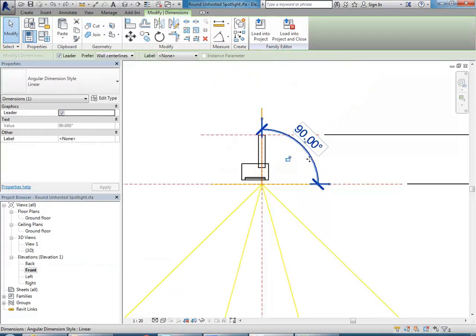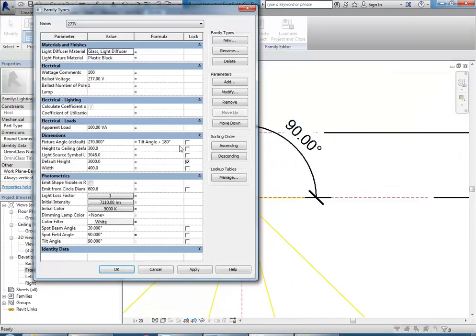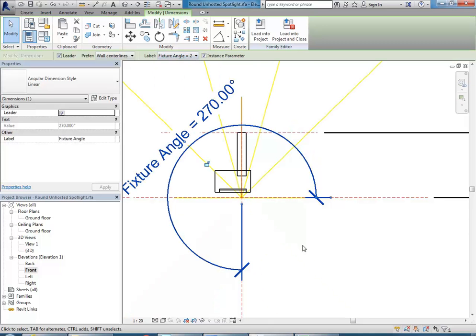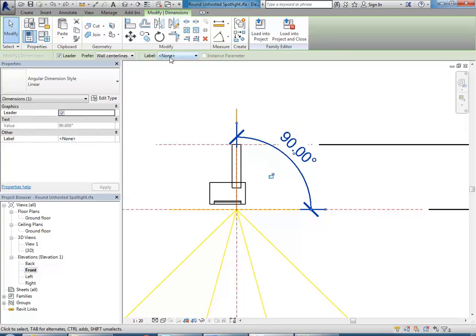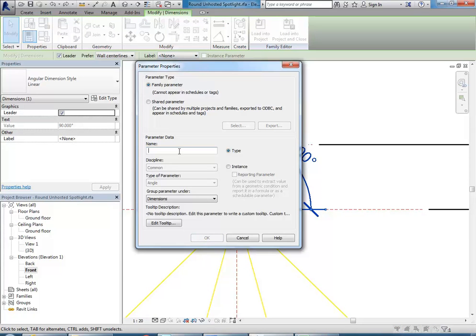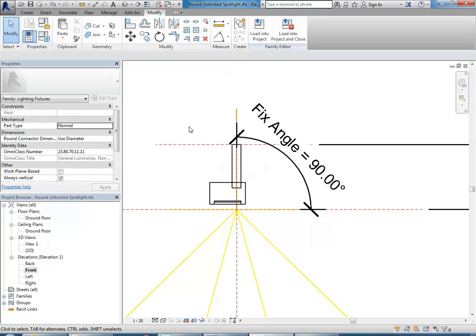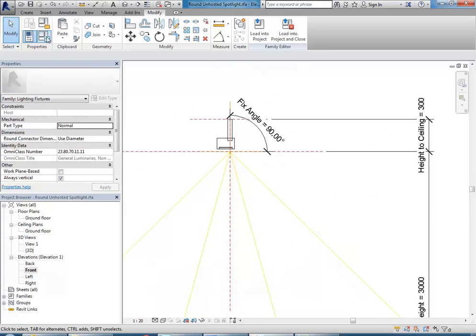It's so bizarre. So the only way I can think of doing it is to remove that formula and then set this to... It's still doing it, I just don't know why. Try adding in a new one and see if that will do it. So we'll call this fix angle. And now that's working. So somehow it's going in when it's being programmed and interfering with that other parameter, but